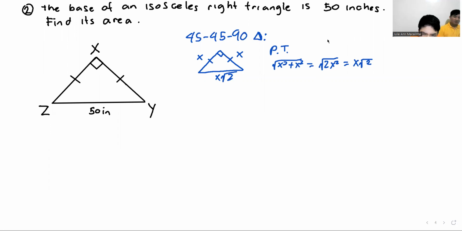Okay. In an isosceles right triangle, the length of the hypotenuse is equal to the product of the length of the leg and square root of 2. Yes. So I will be using that now. So 50 inches in the